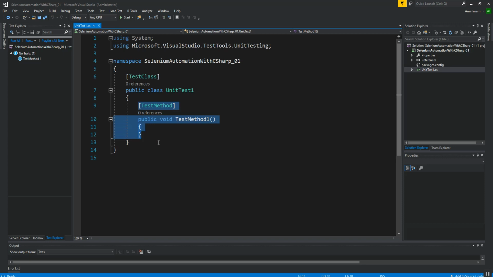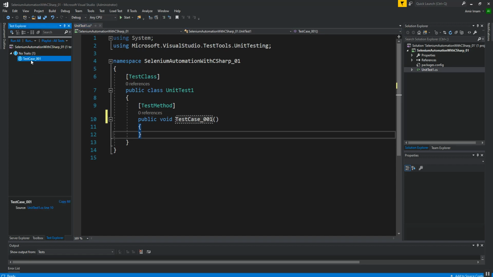Actually, these test methods are the test cases, and they eventually appear after compilation in the Test Explorer window. So I am renaming it and calling it TestCase_001. As you can see, the test name is renamed and TestCase001 appears.